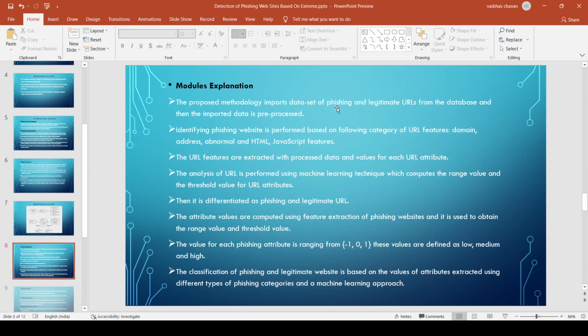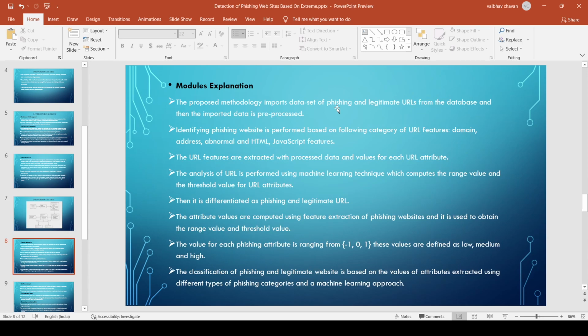Moving to the next point, modular extension. The preprocessed methodology imports a dataset of phishing and legitimate URLs for the database, and then the imported data is preprocessed.